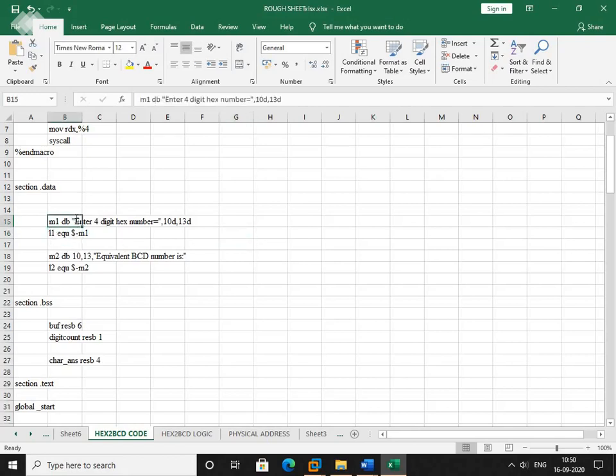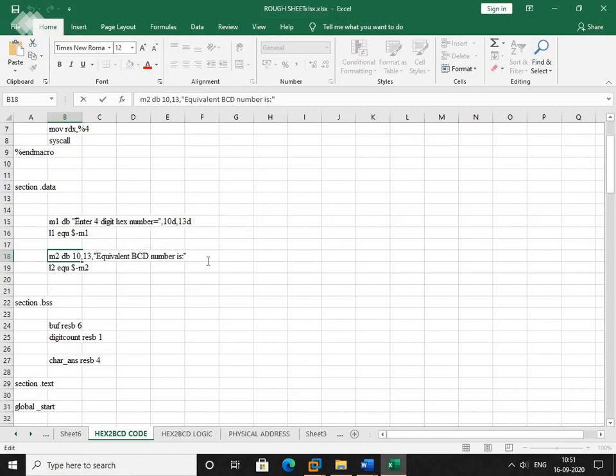Then next we are going to calculate the length of this string which is stored in M1. So that length we are going to store into L1 variable. We are going to use the assembler directive known as equ, equate. $ is the end of the string and M1 is the start address of the string. So this will work as L1 equ $-M1. Then we'll get the actual length of this string which is stored in M1. So in the similar way, I have written here M2, declared M2 variable whose size is defined byte. I have allocated 1 byte of memory, and in that I have stored this string.